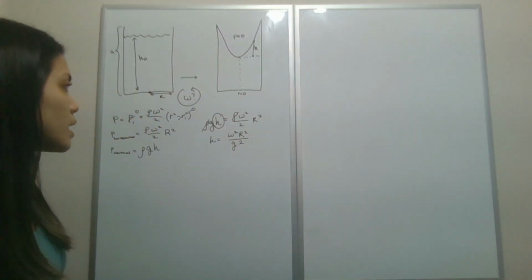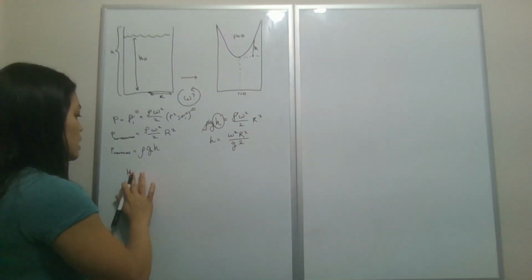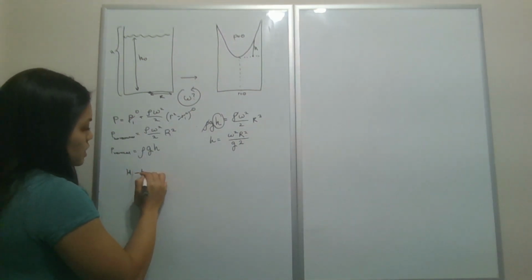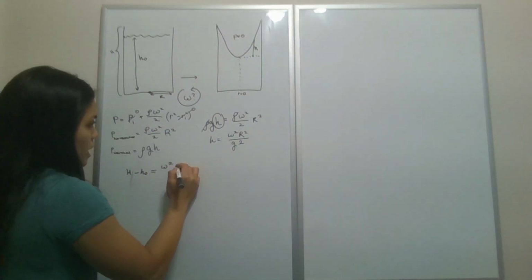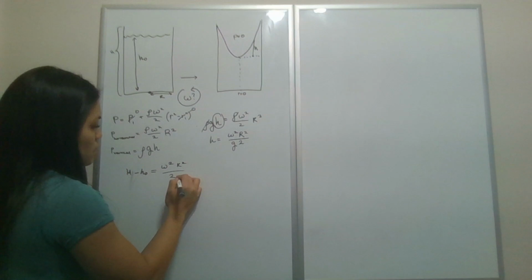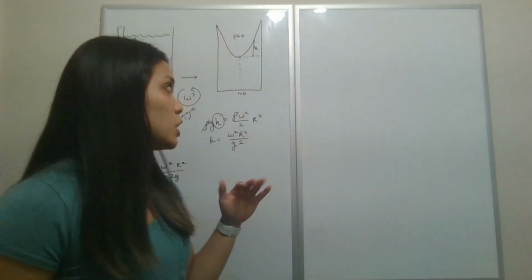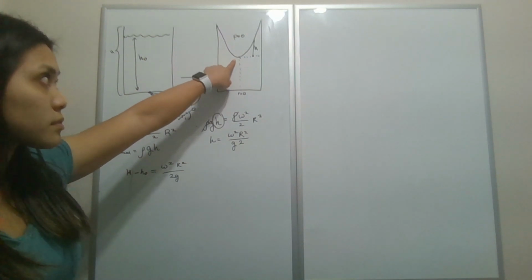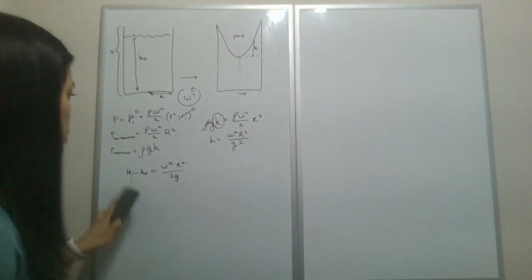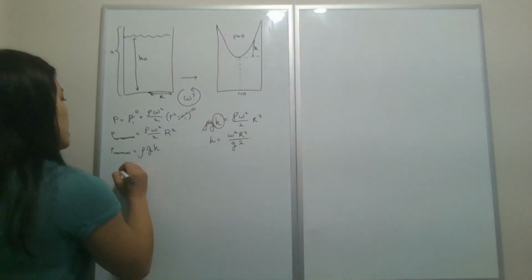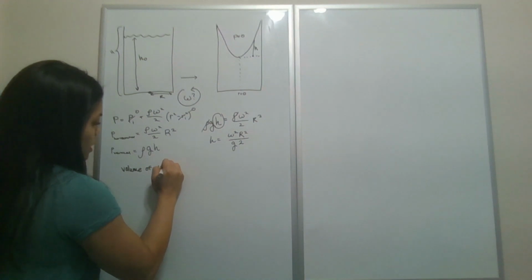And so, in theory, what you could do is set this equal to the height of the cup minus the initial height, and set that equal to the height that we just derived. But the reason that we can't do this is because the low point of the fluid is constantly changing. So what we actually have to do instead is find the volume of the depression